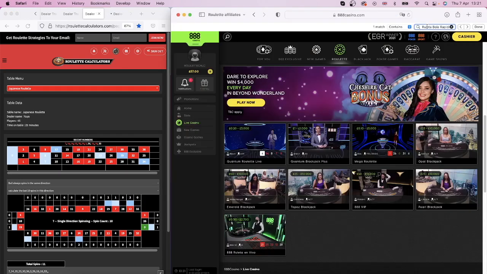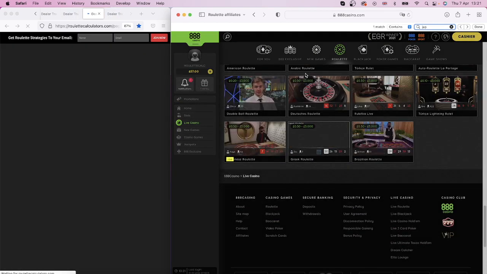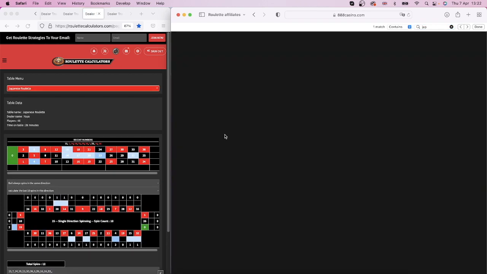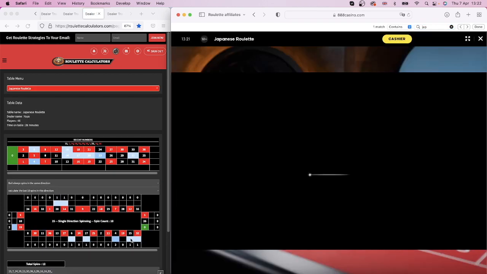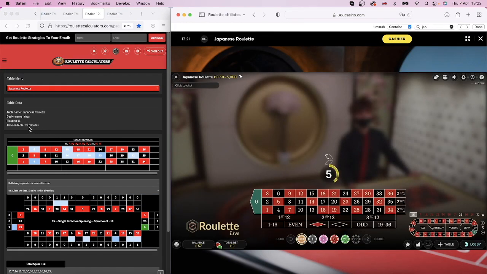So what I'll do, I'll exit out of there, because the speed roulette is a bit too fast. You might be better if you're doing the speed roulette to actually track it normally. But this is looking okay. So you can see here the dealer's been on 26 minutes. So you want to keep an eye on that